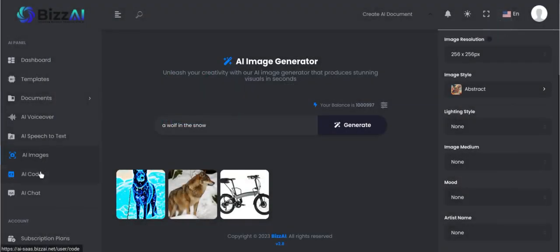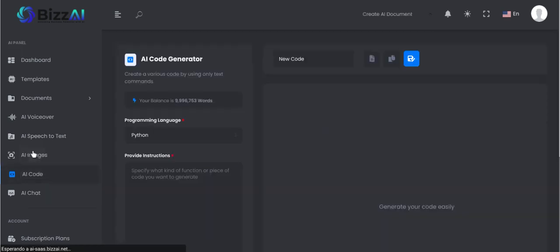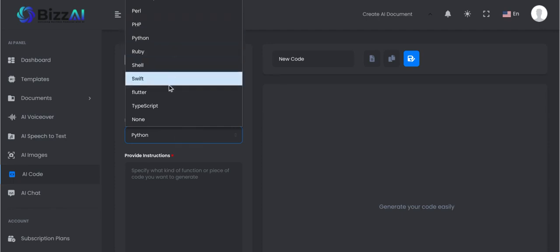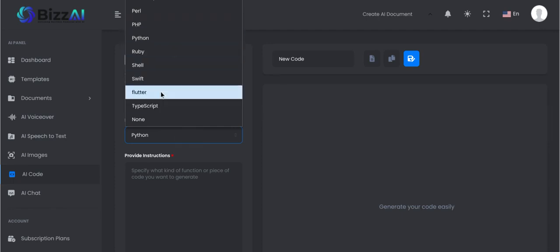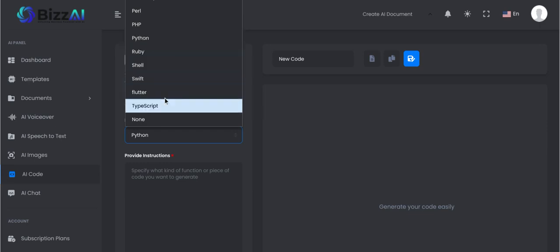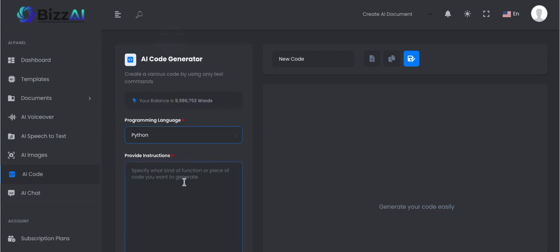Then there is the chats part. We have two tabs which are very similar. We have separated them because the code part is very focused. Here you can put PHP, Ruby, Flutter. There are a lot of them. If I put, for example, Python itself, which I know it is,